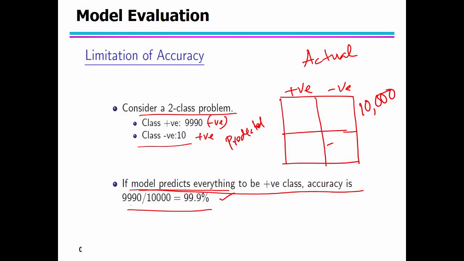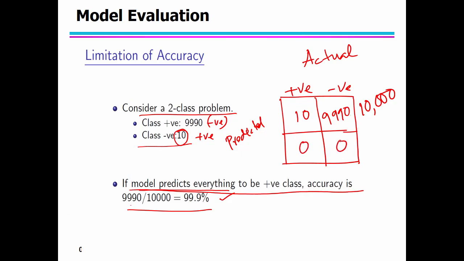Okay. Now, you check it. I say the model predicts everything to be positive class. Therefore, row wise should be total 10,000. Out of 10,000 how many actually positive? How many actually positive? 10, because I changed the class label. So 10 will appear here and then 9900 will appear as a false positive, and this will be 0, and obviously no need to mention it, this will be 0.